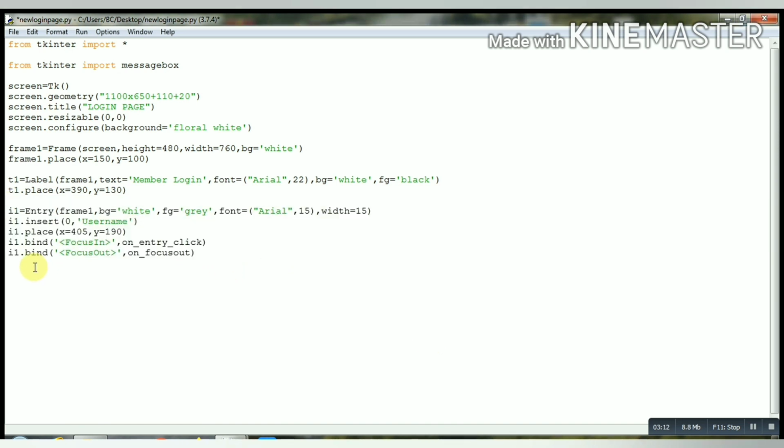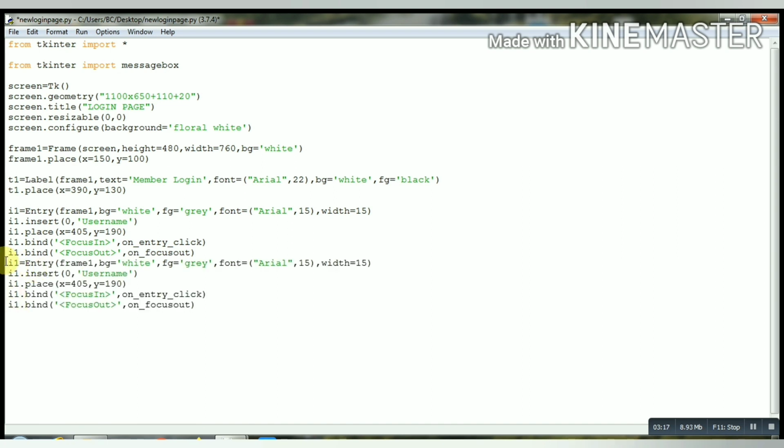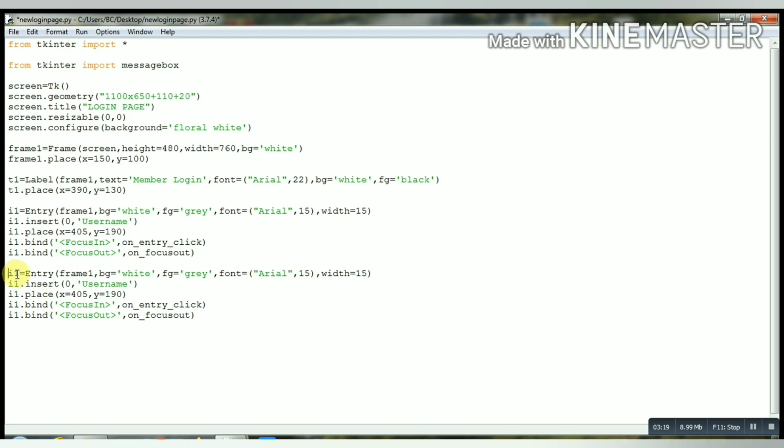We will copy and paste it so that we can make another entry box that will be for password, I2, insert it as password. Now set y equals 240. And the function names will be on_entry_click1 and on_focus_out1.